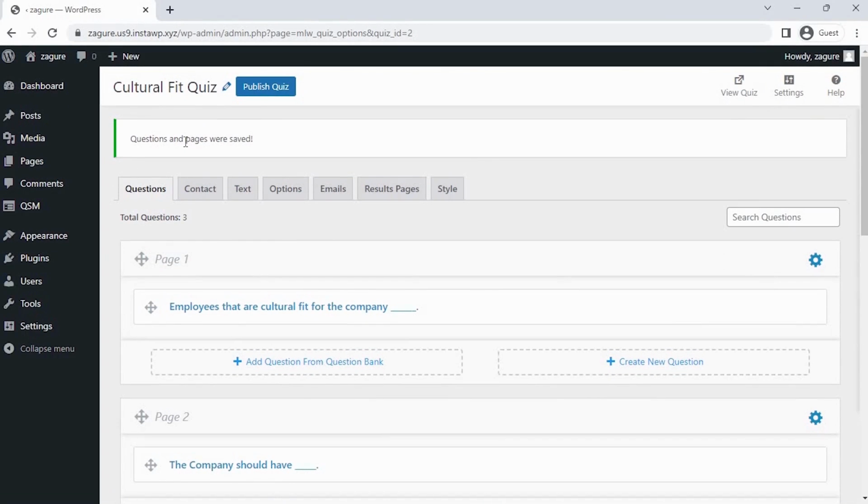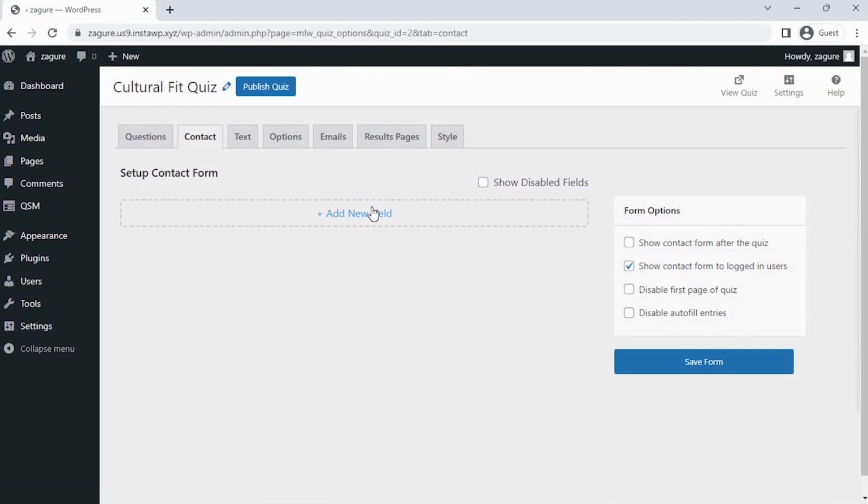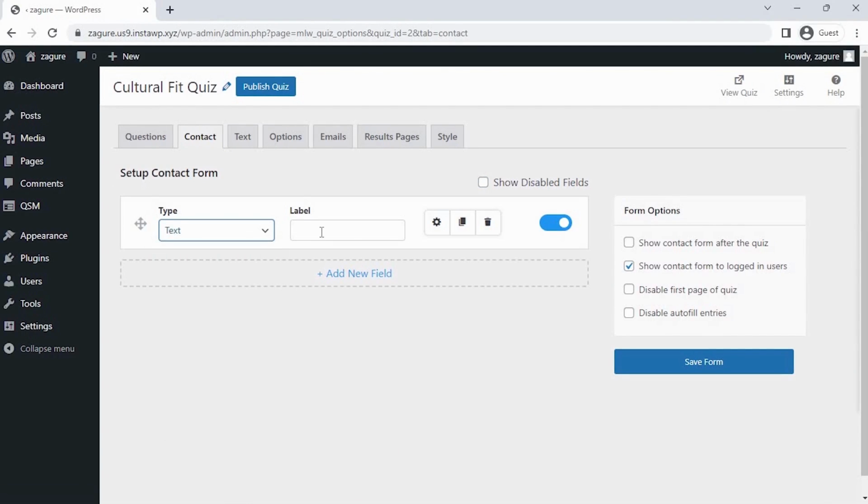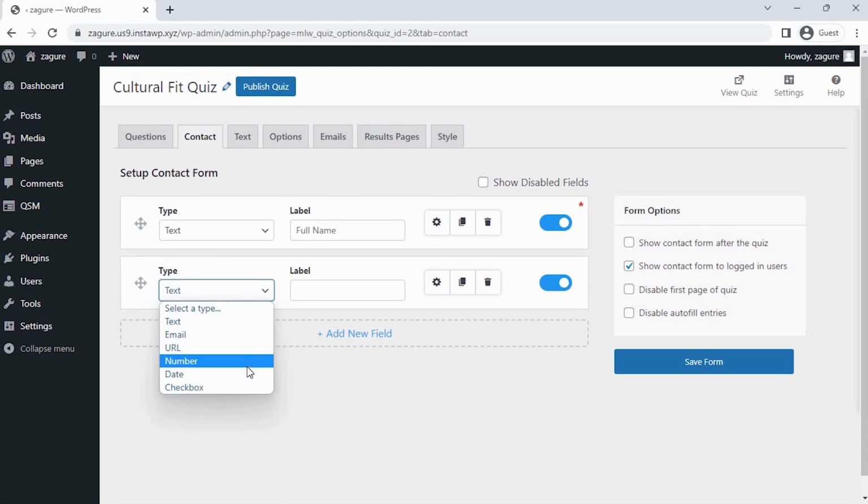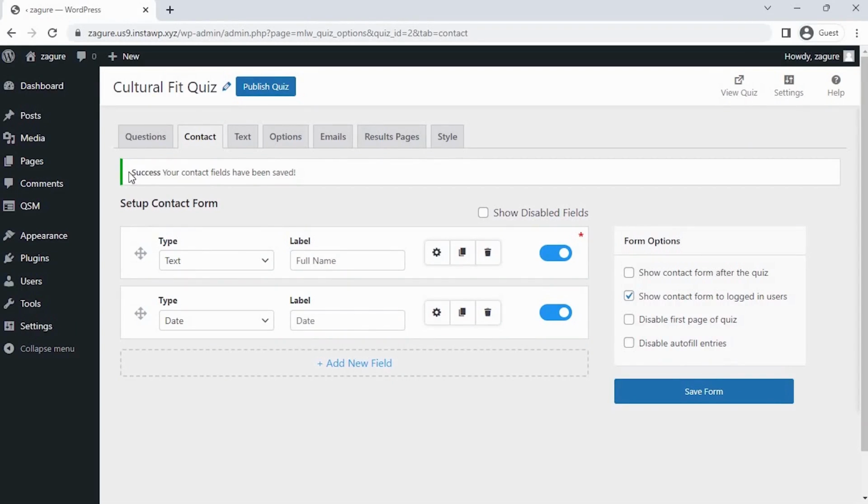Let's set up a contact field to collect the name of the applicants. Click on Add New Field. Let's select the field type and label it as Name. Click on Add New Field, and let's select the field type as a date and label it as Date. Now, since our questions for the quiz are set and the contact fields are configured to collect the user details,